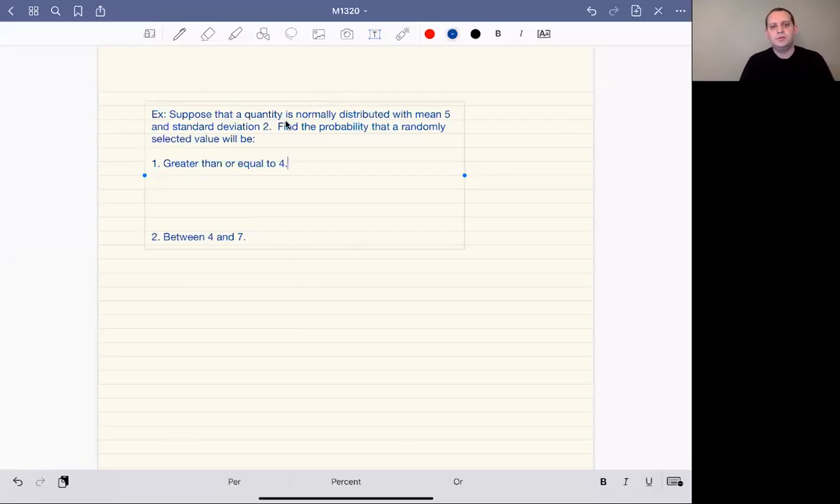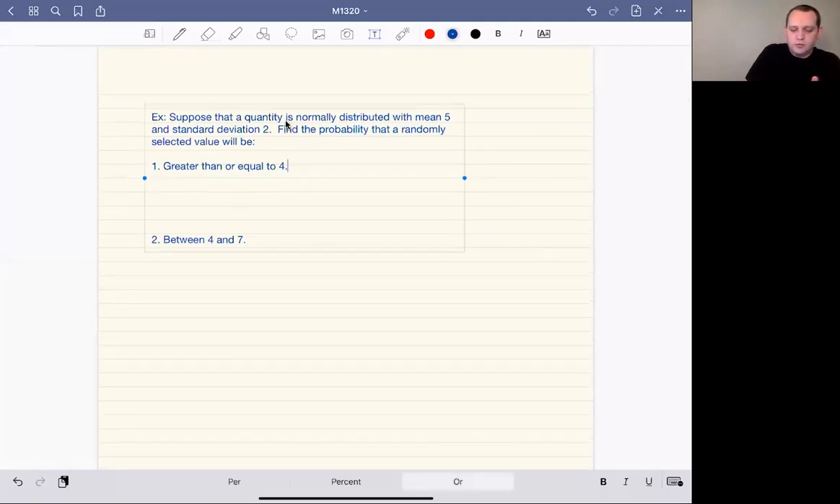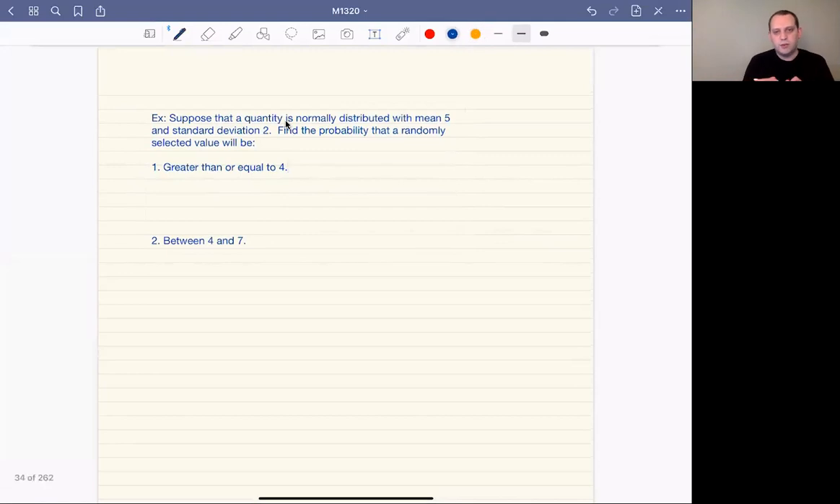Okay, I want to do one more follow-up problem here before we get into some other examples. This is just kind of a basic problem. Suppose we have a quantity that's normally distributed with mean 5 and standard deviation 2. Find the probability that the randomly selected value will be, and then I give you two problems here. So I want to know what's the probability that a randomly selected value will be greater than or equal to